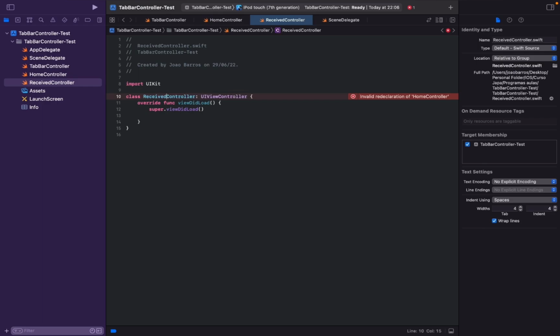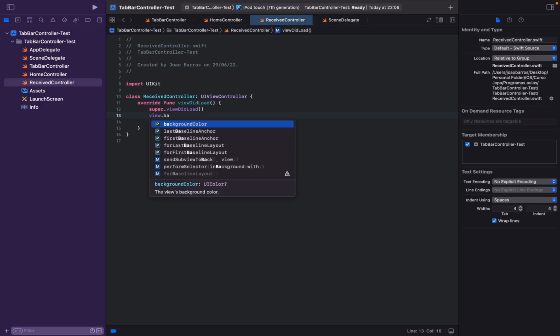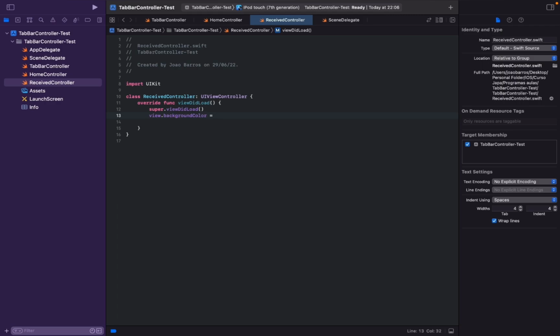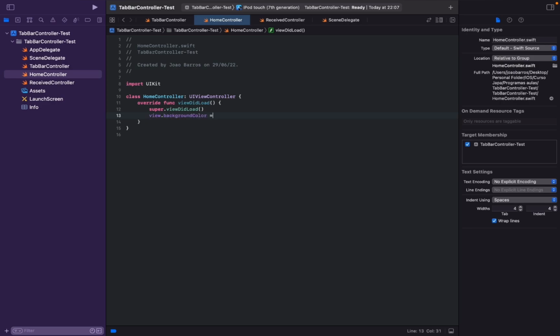All right, so let's just change the background color here. view.backgroundColor = .systemGray. Okay, and the same right here: view.backgroundColor is equal to whatever you want. Let's put red. Okay. All right, I have here HomeController and ReceiveItController, and after I create the tab bar controller here,